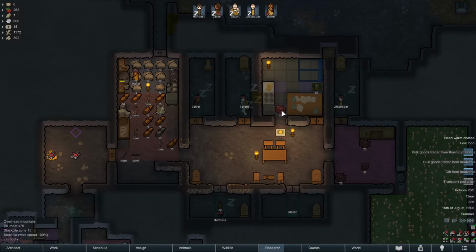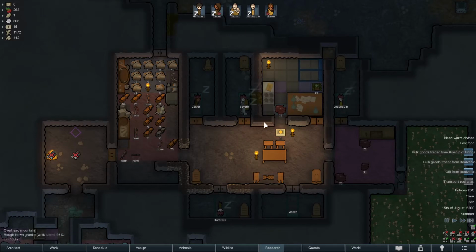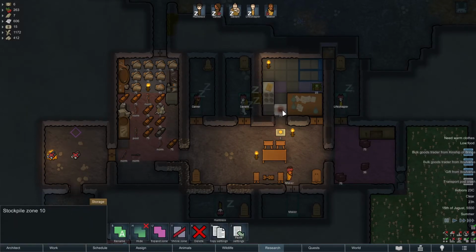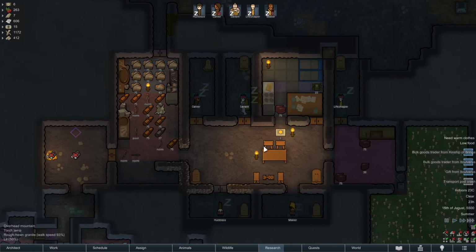Now you'll see the setup I've got here, and you might be a little bit curious about it. Essentially the way it works is this. All the meat goes here, all the fungus goes here. When a meal gets made, all the chef has to do is... Actually, we can probably...